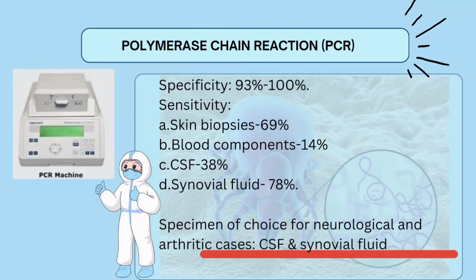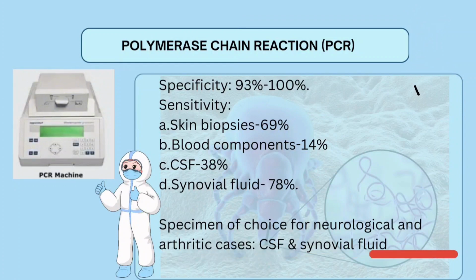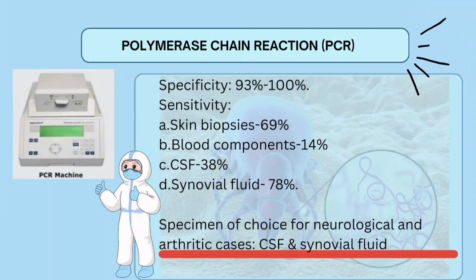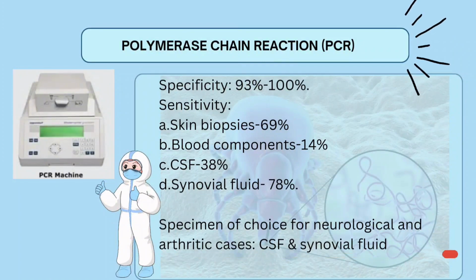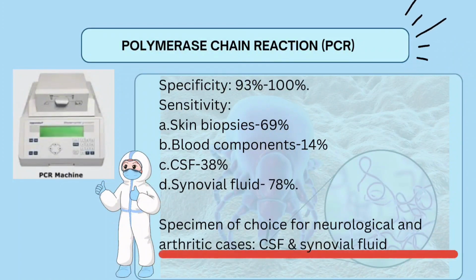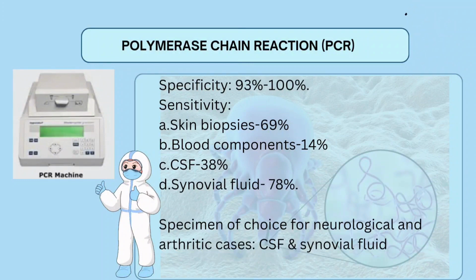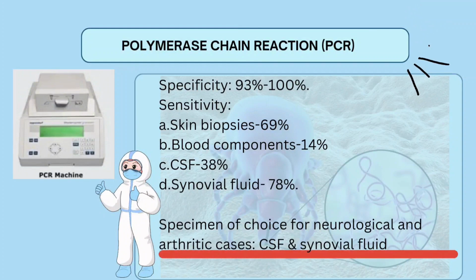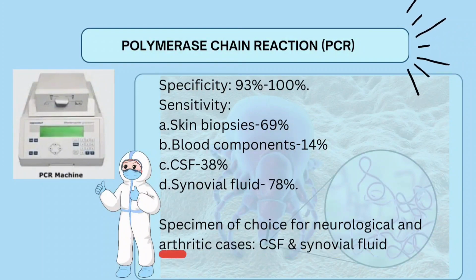So, mayroong recent PCR studies na nagpapakita ng specificity ranging from 93 to 100%. However, sensitivity remains problematic. In a series of studies, the median sensitivity of PCR on skin biopsies 69%, blood components 14%, CSF 38%, and synovial fluid 78%. Pero, yung range of sensitivities in any one type of specimen is quite large naman, suggesting that testing remains to